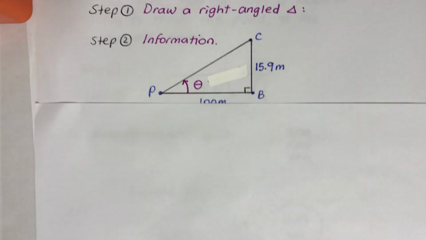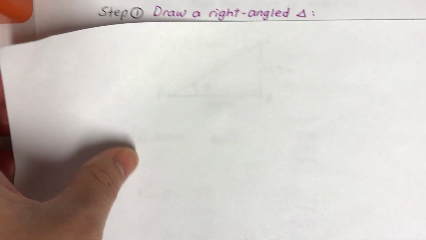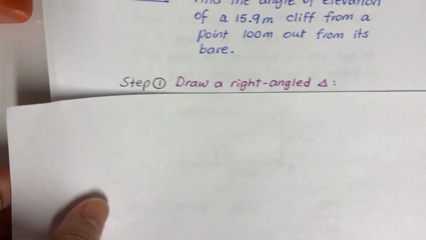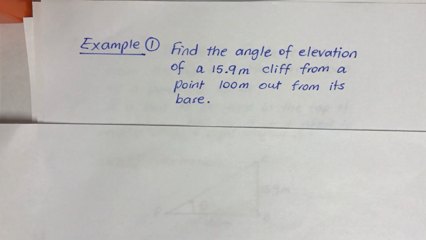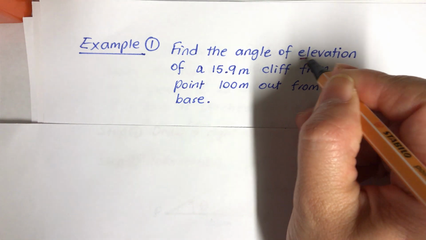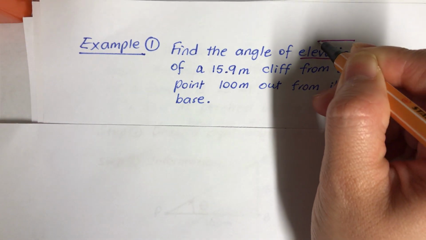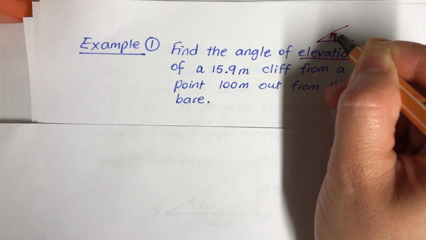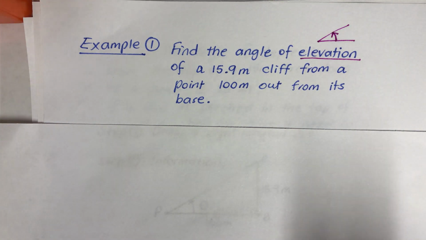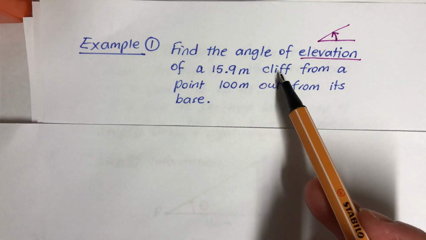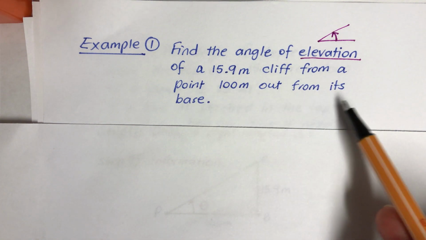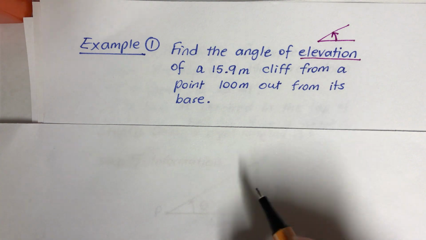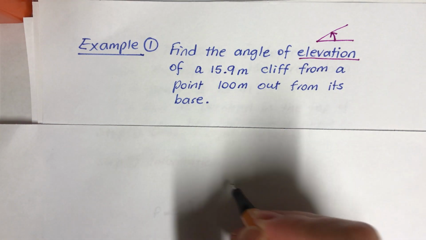Okay, let's have a look at the example. See if you can see this one. So, find the angle of elevation. Okay, so that's elevation, so it's going up, isn't it? From the flat ground to the top of a 15.9 meter cliff from a point 100 meters out from its base. So if I can sketch this, I'm going to just draw